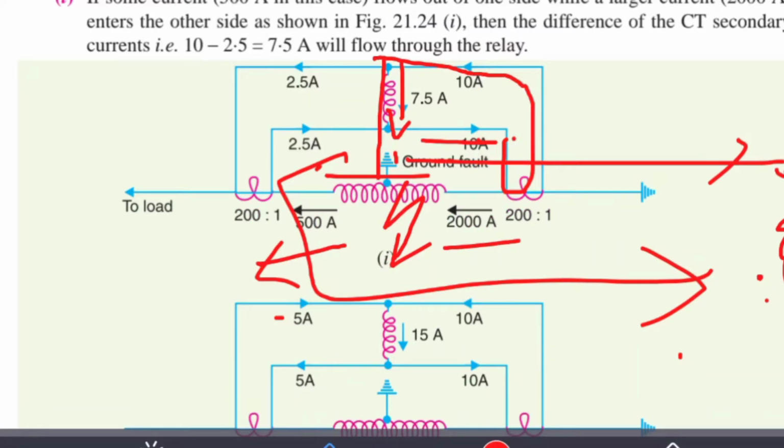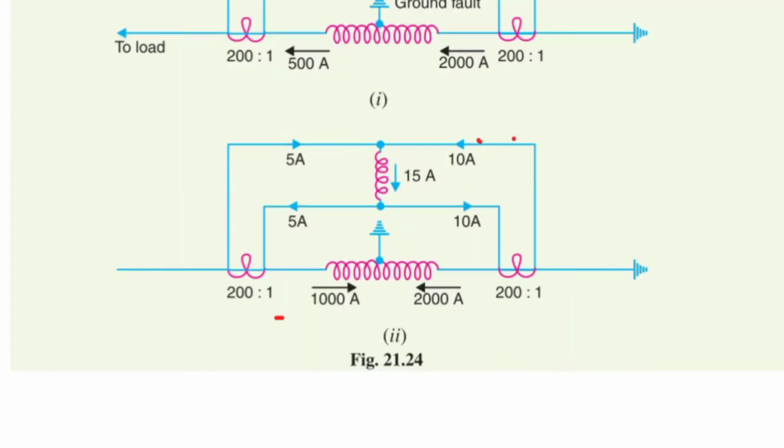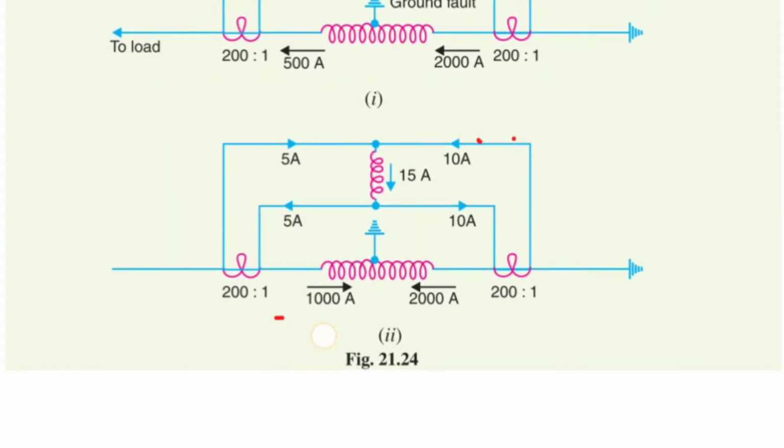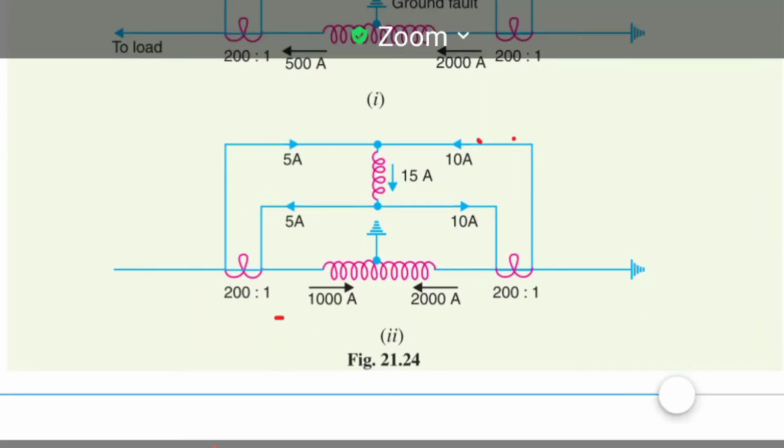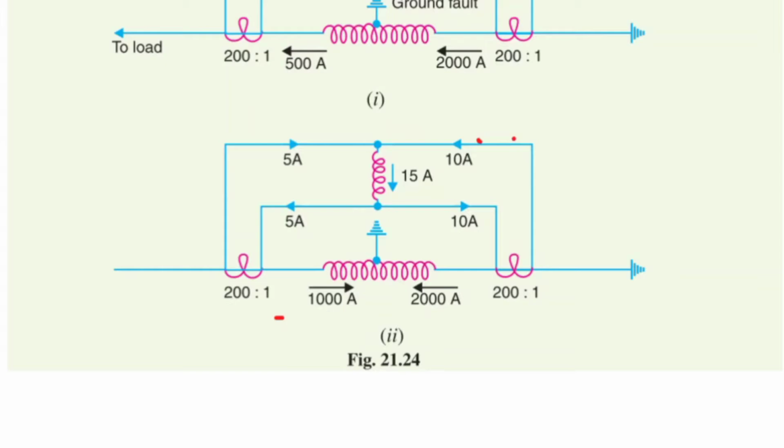You can see another diagram also. If the fault current occurs at the midpoint of the alternator winding, 1000 amps and 2000 amps, now due to 1000 amperes, what current flows through the secondary winding? 5 amperes. Due to 2000 amperes of fault current, 10 amps will flow, and the remaining 15 amps will flow through the relay, in the same direction. If the direction of the current is different, it changes accordingly; this is the aiding direction in which we connected the current transformers. It is only for single phase. We assumed one phase only.